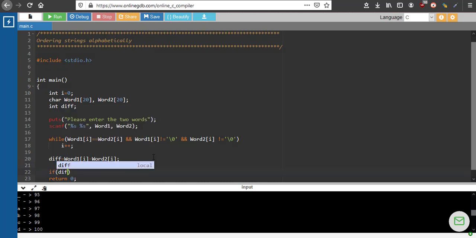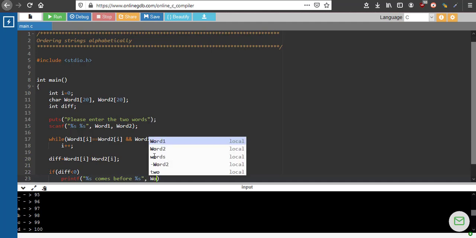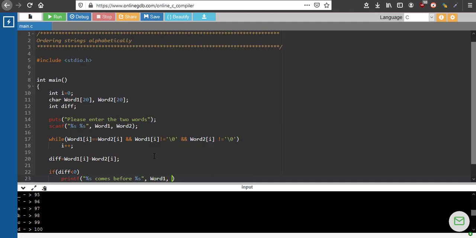If diff is less than 0, then we have to print that word 1 should come before word 2.